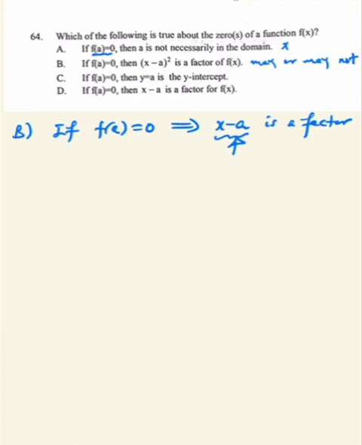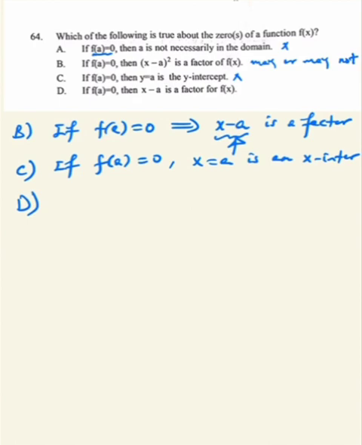ስለዚህ true ነው ብለን መውሰድ አንችልም ወደ c ስንመጣ if the function at a is 0 then x is equals to a is an x intercept እንላለን okay c ጋር ስንመጣ f of a 0 ከሆነ x is equals to a x intercept ነው የምንለው okay so እውነት አይሆንም ማለት ነው d ጋር ያው b እና d ተያያዥነት አላቸው if f of a is 0 obviously x minus a is a factor ብለን መናገር እንችላለን okay